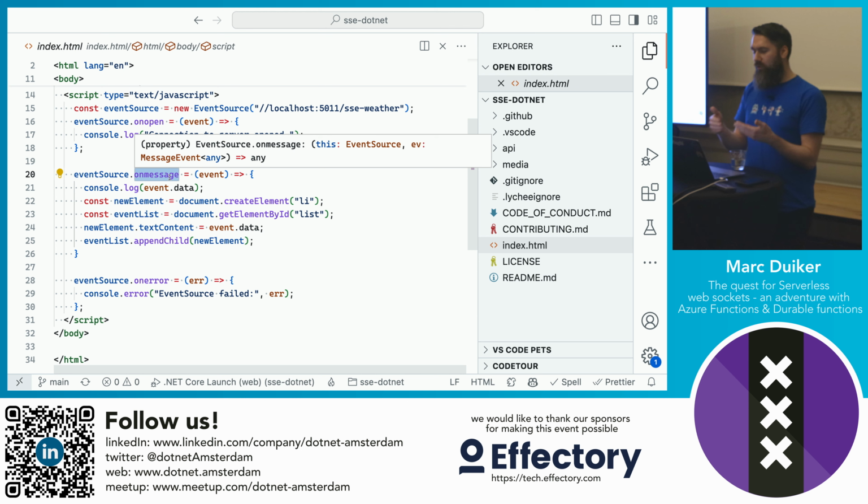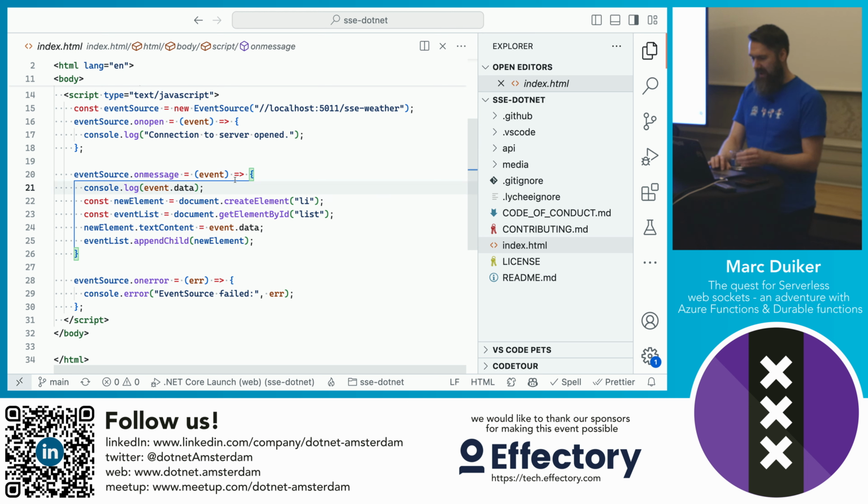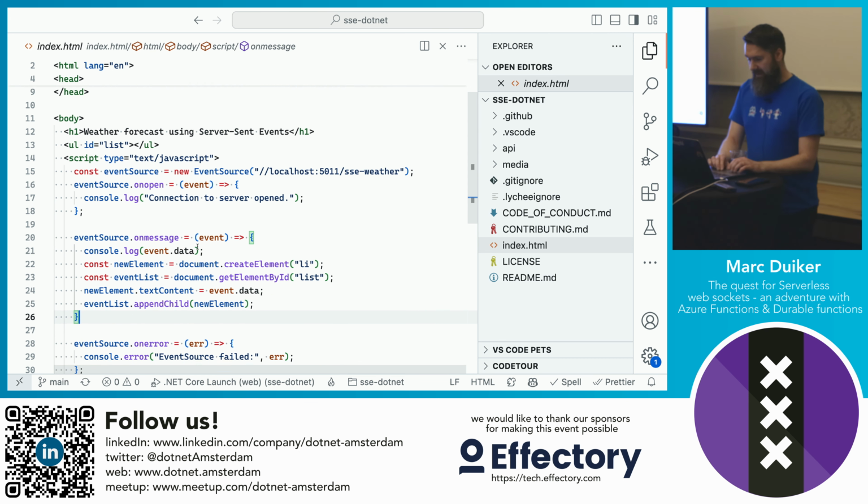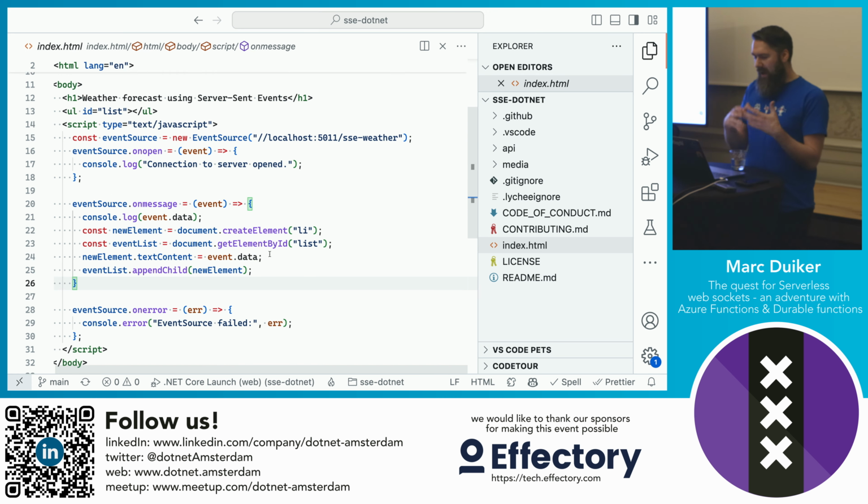So you can't do anything with typed messages or named messages here. With that, it has the same limitations as the plain WebSockets API. And it has an onerror event as well, to execute some code when errors occur. So the API, I think, is enough. It doesn't do that much more, but I think it's a nice alternative.